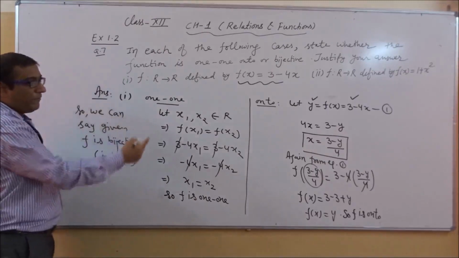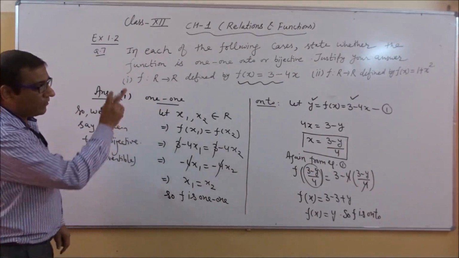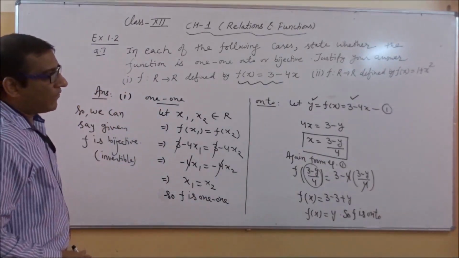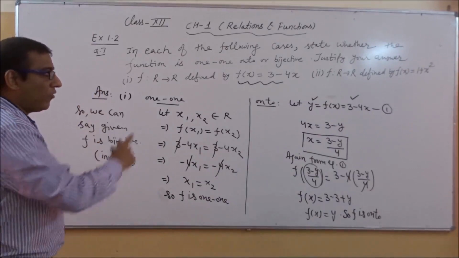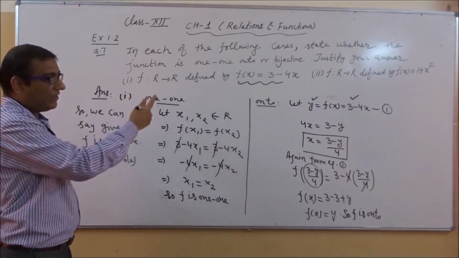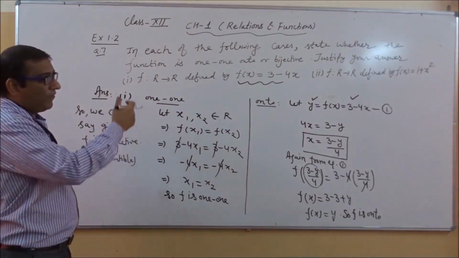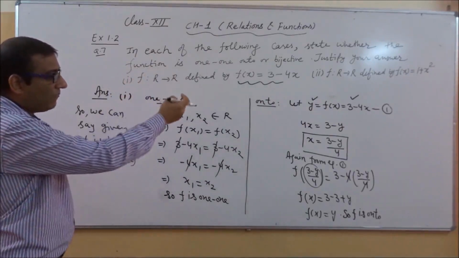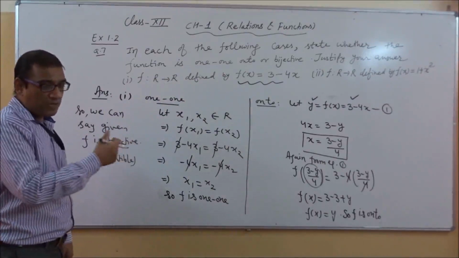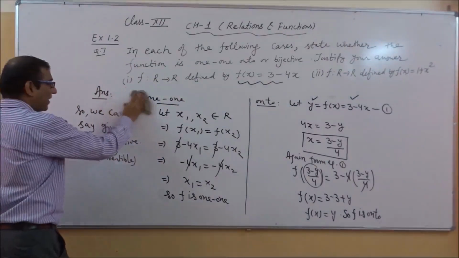With the help of the same procedure, we will do the second part of this question, and the second part is f: R → R defined by f(x) = 1 + x². As you see here in the second part, this time the function is different. So with the help of this procedure, how can we solve and identify in the second part whether f is 1-1, onto or bijective, is it possible or not? So we will continue with the same procedure for the second part.